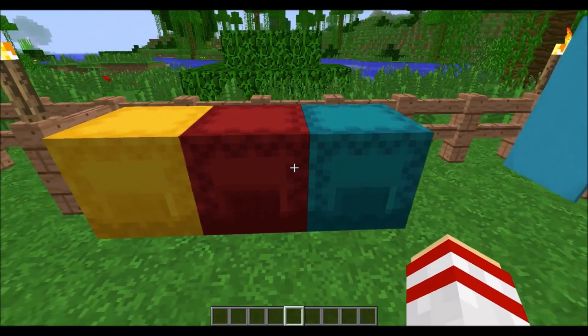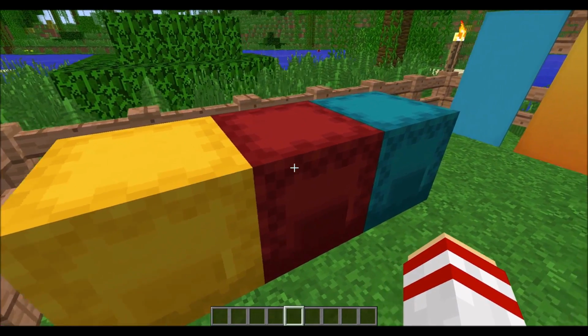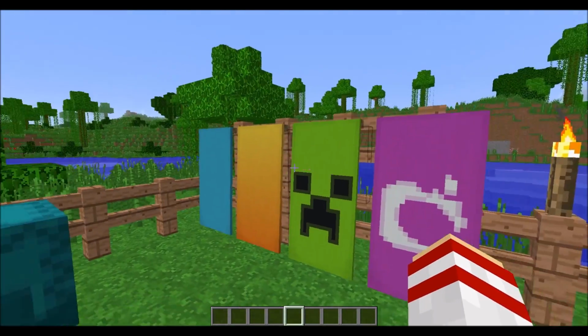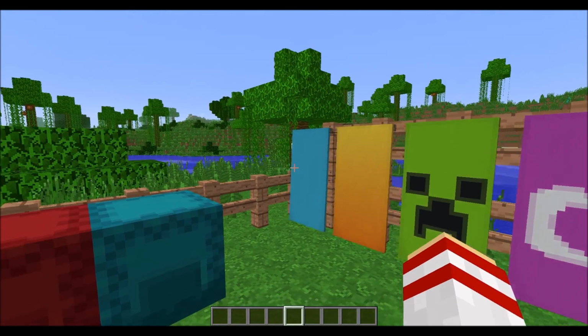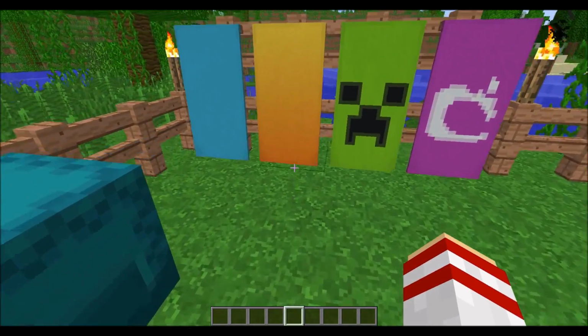The shulker blocks I wasn't too keen on when they first added them, but they look really nice now. The colour just really pops off your screen. I'm not even using shaders, I've just got a regular Faithful texture pack, it's HD default. The colour just really comes off the screen, and you can make some really nice looking banners, and of course